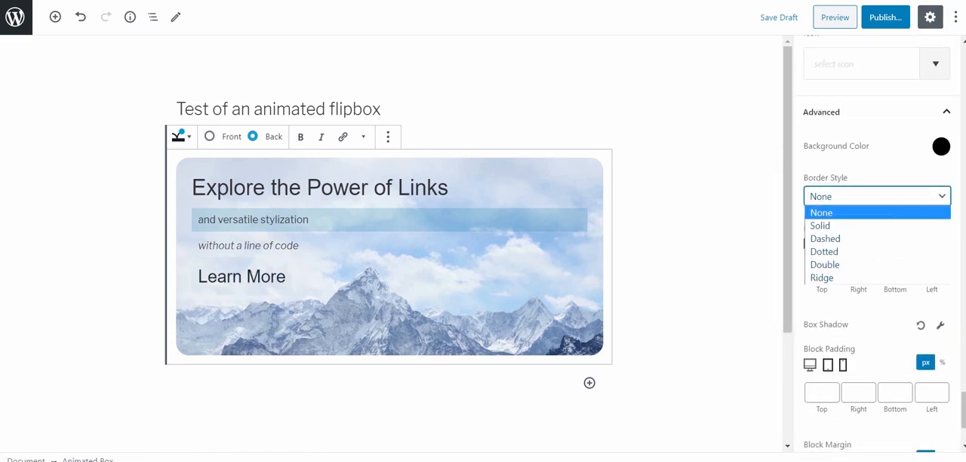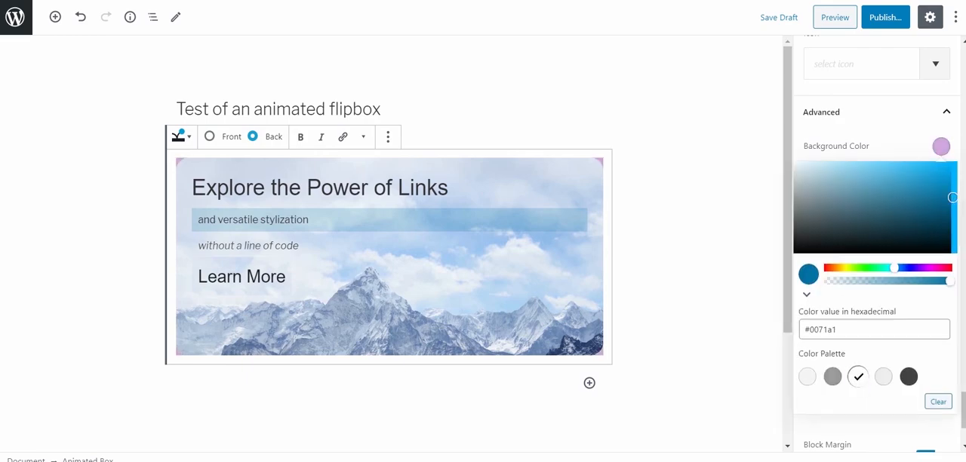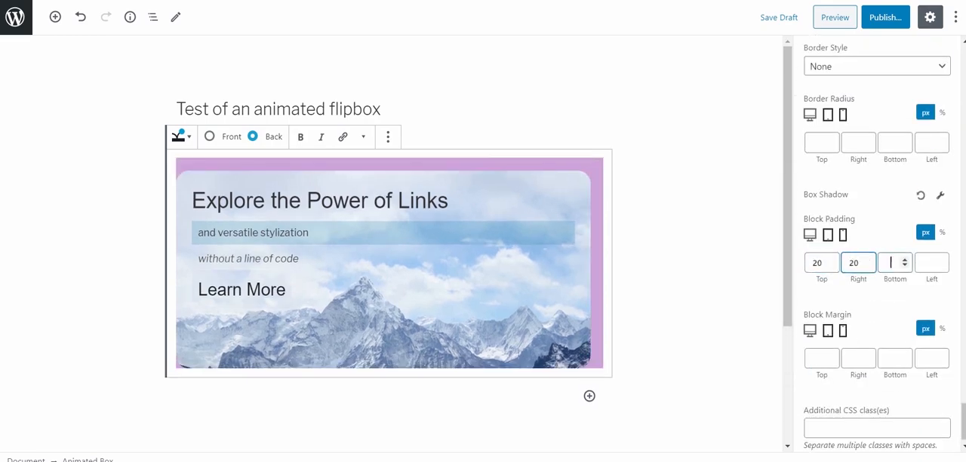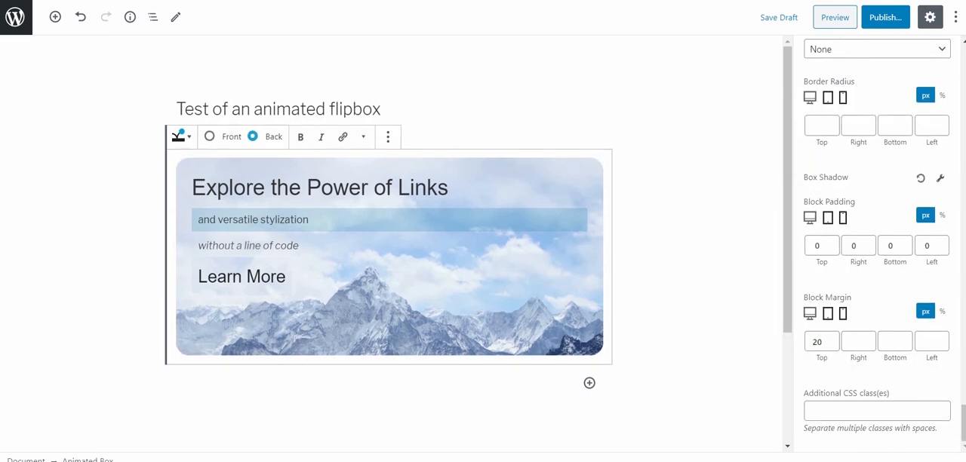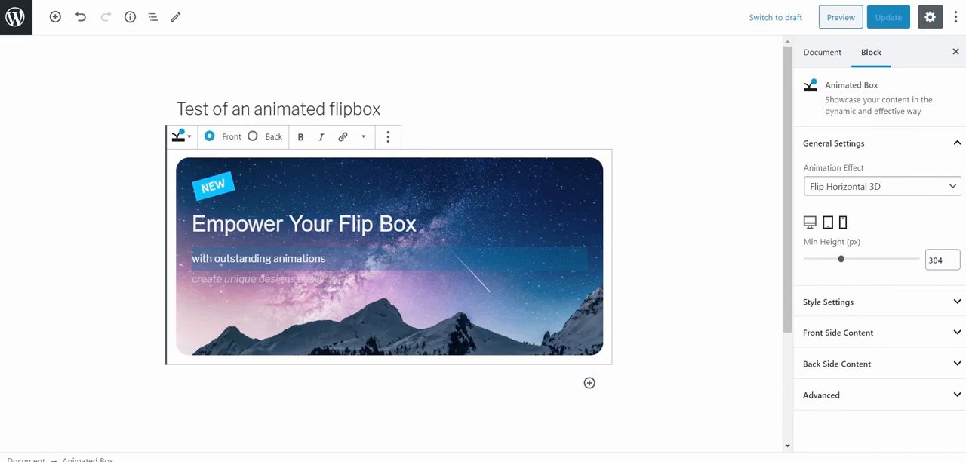There are also advanced settings to use for the whole block, like a background and a border which you can apply, and responsive block padding and margin. With additional CSS, you can do anything that perhaps was missed in the styling, if there was anything missed at all. With so many settings, it's pretty astonishing how easily you can create an animated Flipbox without any real design,